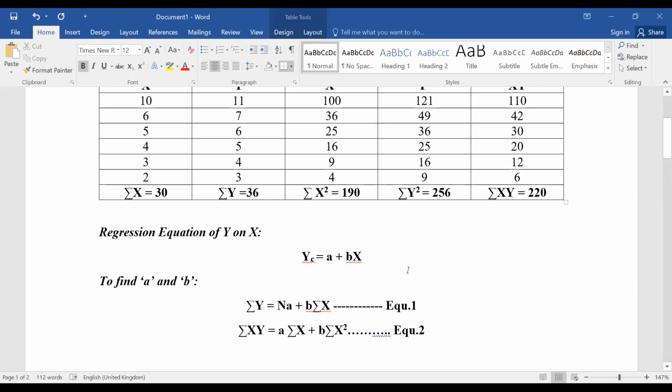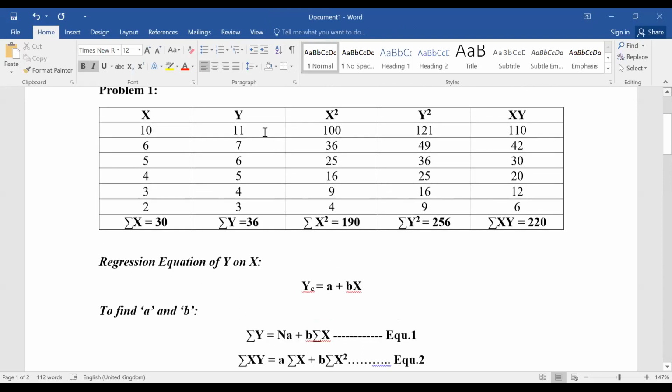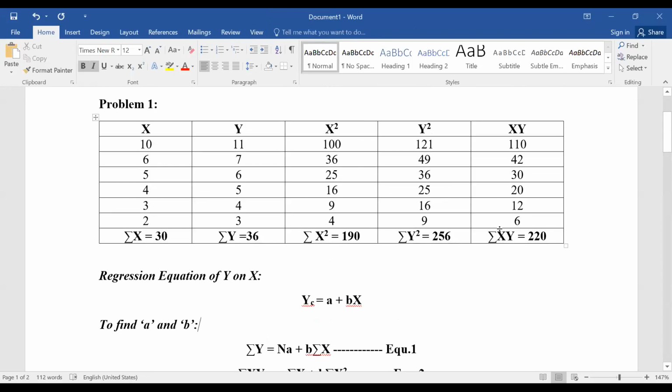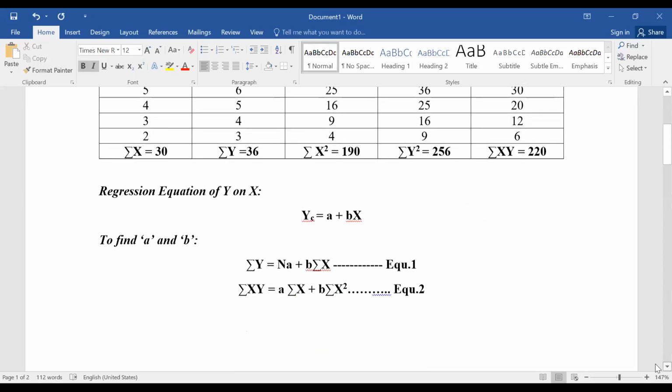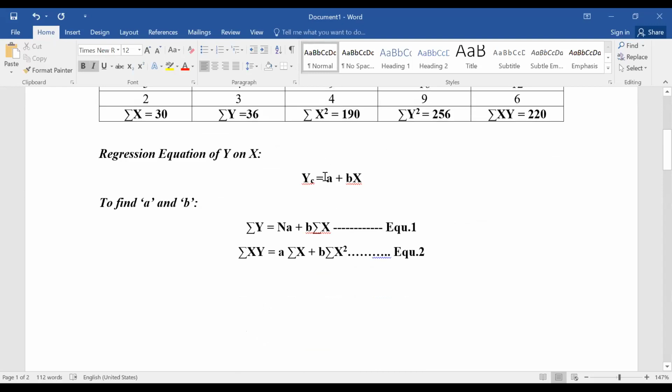Okay, good, fine. Now, as per this table, we calculated x square, y square, xy because we need those values as per the formula. We cannot derive anything with this formula otherwise. See, y equal to a plus bx. How can you derive the value? You have to find out a and b first. To find out a and b, these are the equations, like simultaneous equations. Now, can we substitute the values?